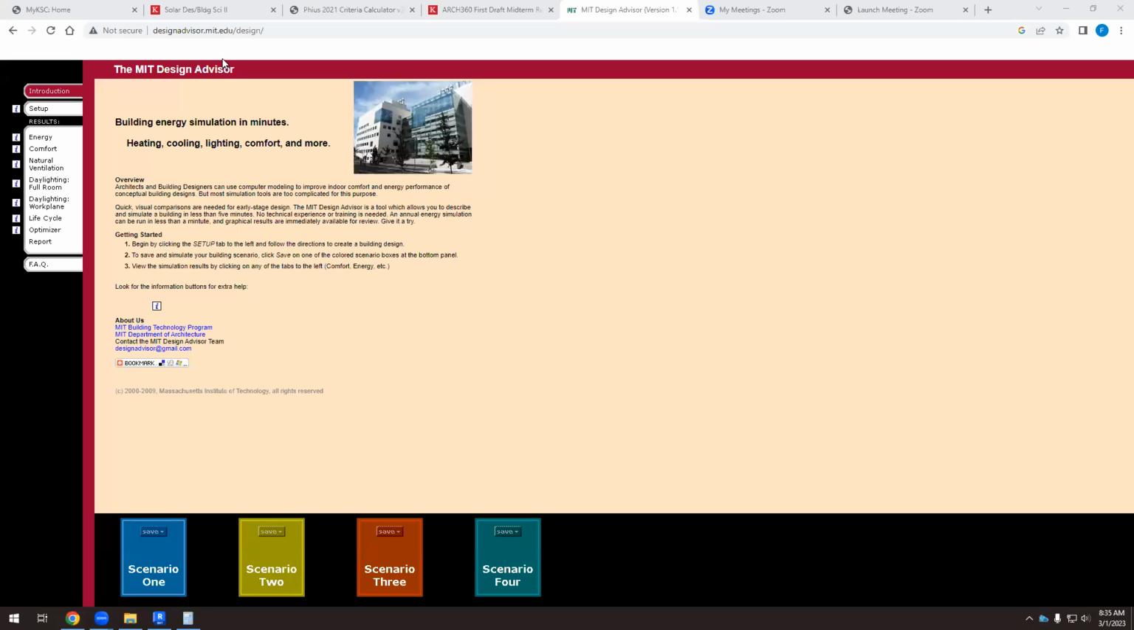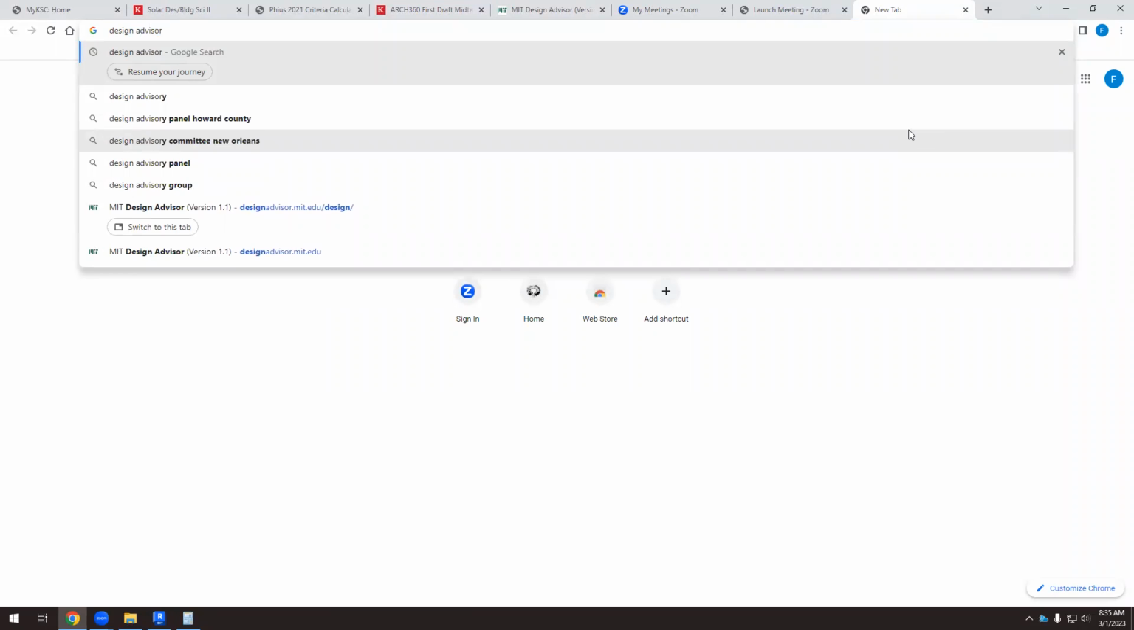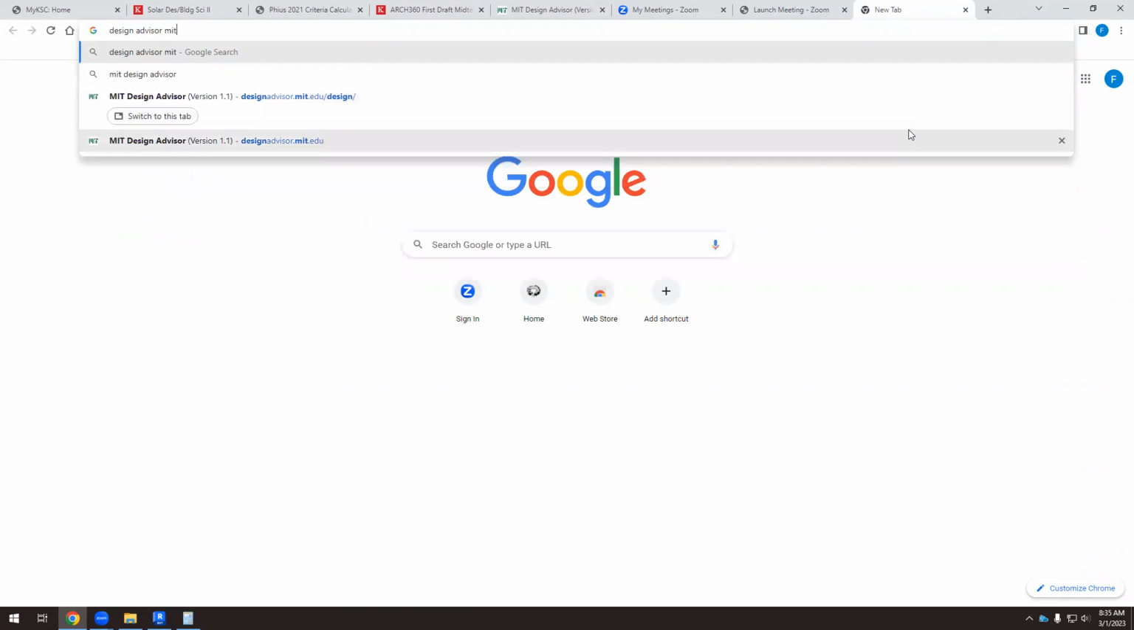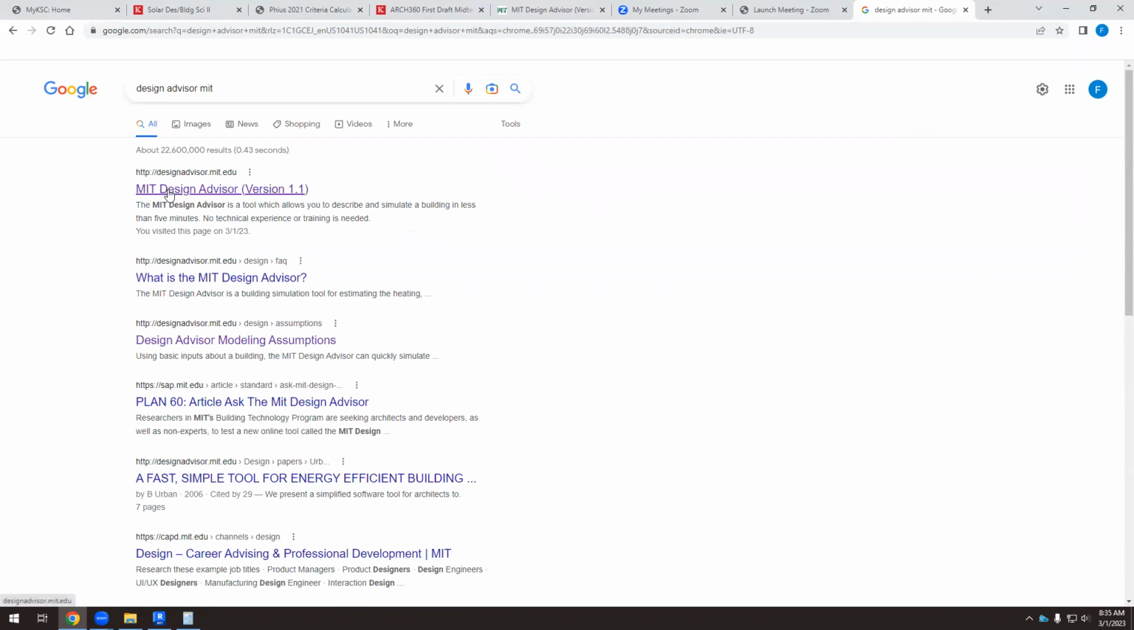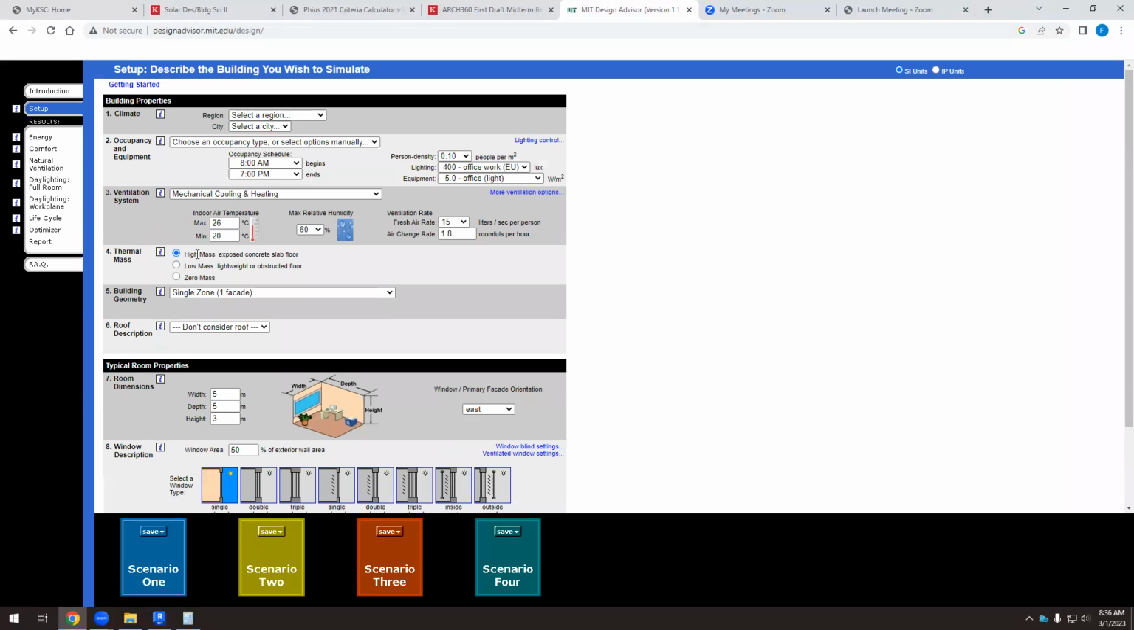So in this design advisor, you can Google design advisor MIT, and you have this. Okay, so this is a design advisor MIT, and that's the website. Okay. So we have this website. Then here we have the setup and the results. First, we have to do the setup, and